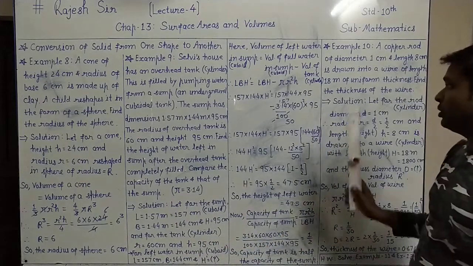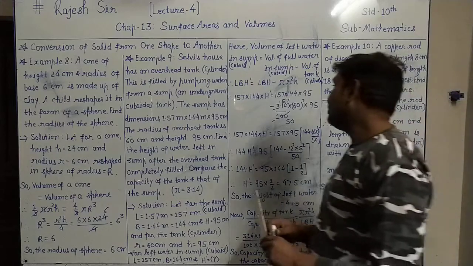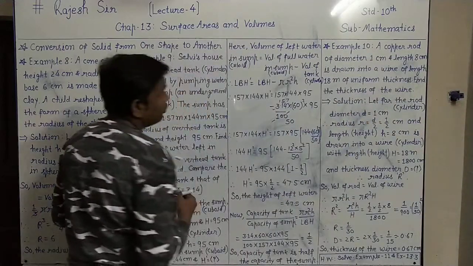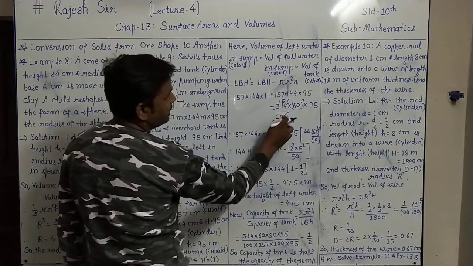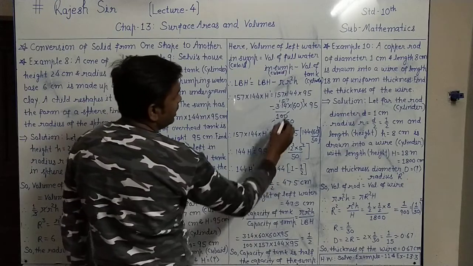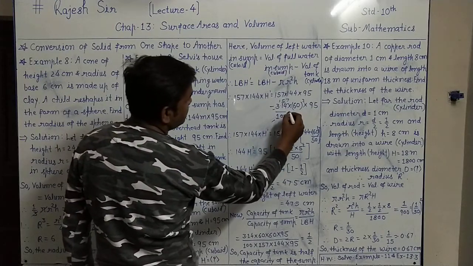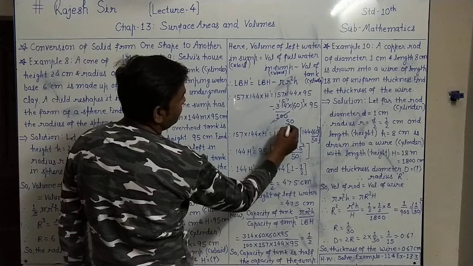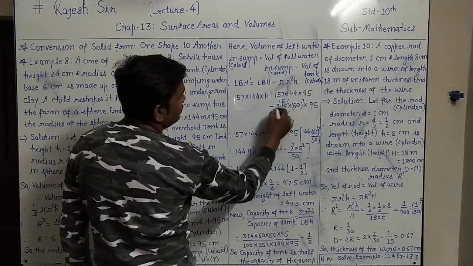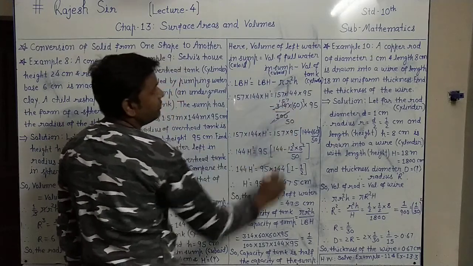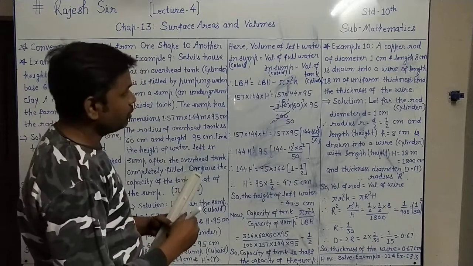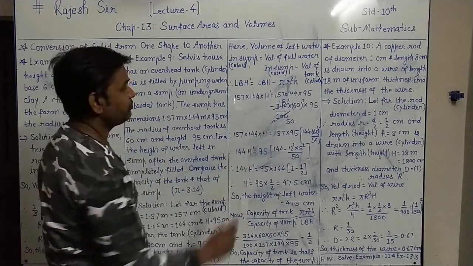This way we have placed all the values. Now simplification is done here. To remove this point 3.14 we have taken 100 down there, and then by 2 we can cancel this. As you know, 2 50s are 100 and 2 157s are 314. By 2 we can cancel up and down.